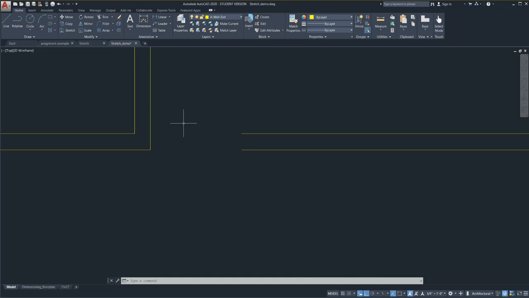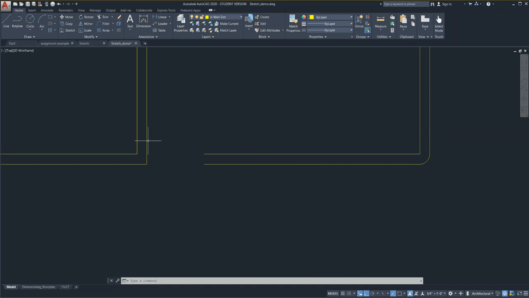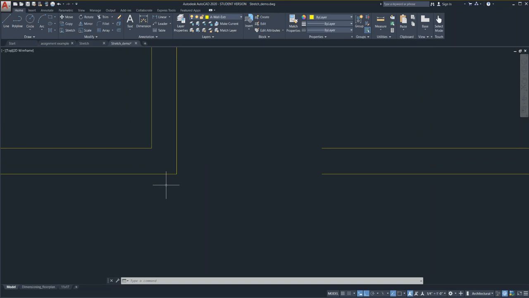Now, one thing I really want to point out here is that this wall is 5.5 or 6 inches from the first line. So when I input a radius of 6 inches, so F for fillet, enter, R for radius, enter, 6 inches, enter, right? A lot of input, not difficult, but you just have to remember that. Because these lines are 6 inches apart, that fillet looks wonderful. But if I do F for fillet, enter, R for radius, enter, and I type in something like 10 foot, enter,